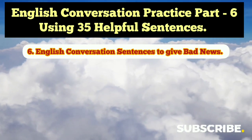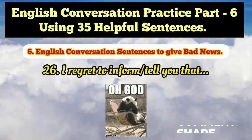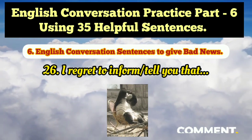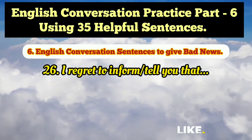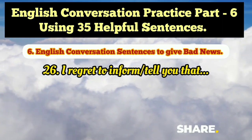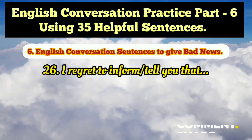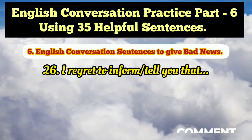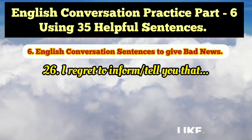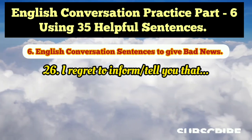As you see, number 26, I regret to inform or tell you that. Then you can mention that I regret to inform you or tell you that, and then give the information that you are not selected or your application got rejected. I regret to inform you that we are terminating you. So this way we follow it up, and just remember how to use this sentence and then convey the